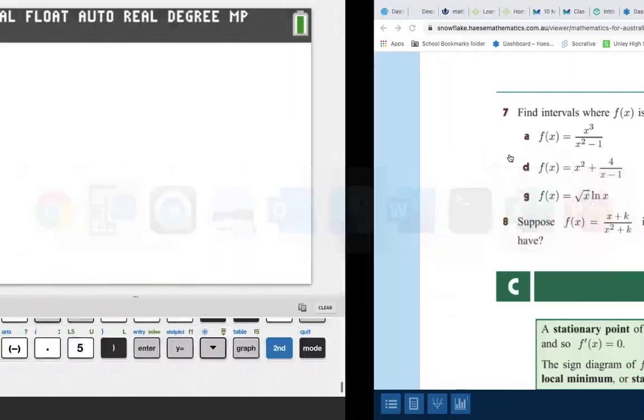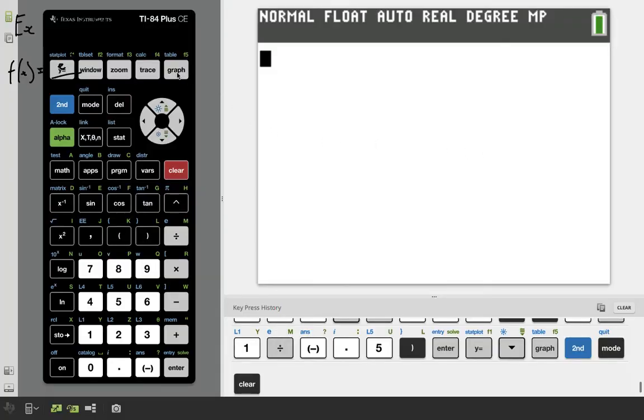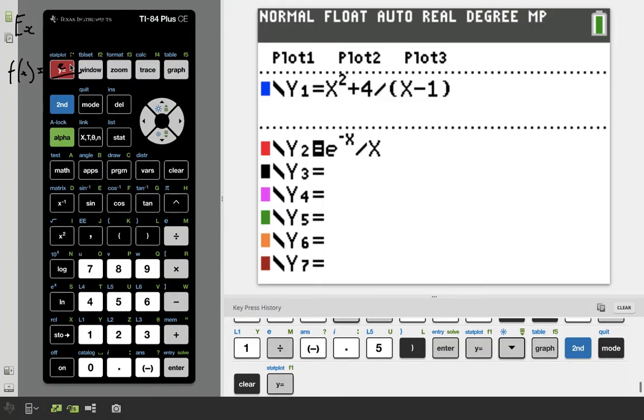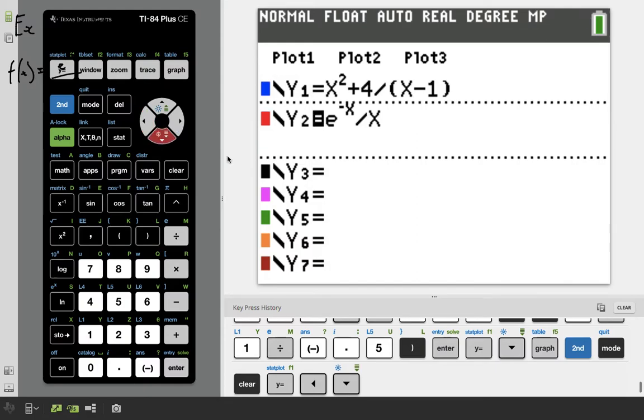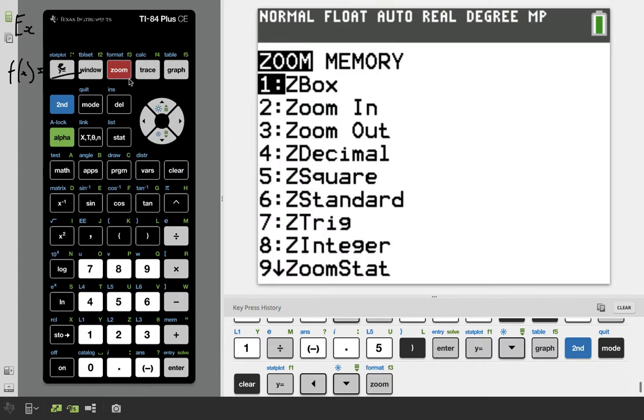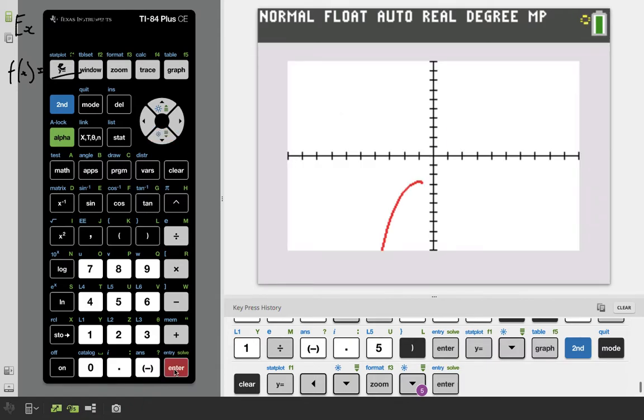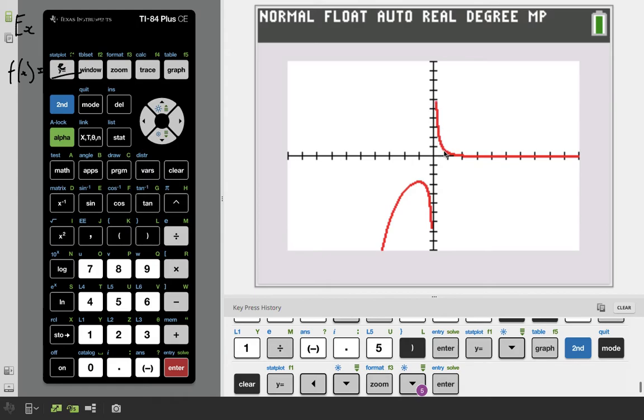What I did was I graphed it right from the start. Now you can see here I've got something else in there, but it's not selected. So I've gone down to the second spot. I've written e to the minus x divided by x. I've done a zoom standard. That gives 10 tens. It doesn't graph the asymptotes very nicely, but you can see from here,